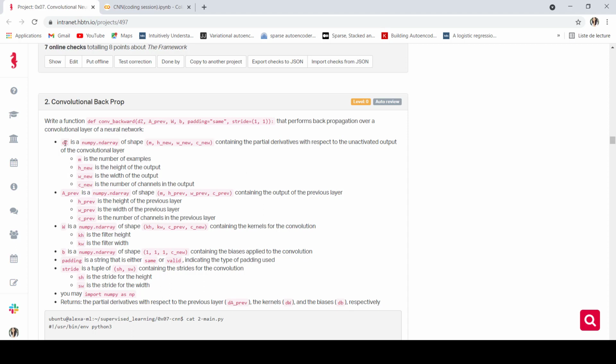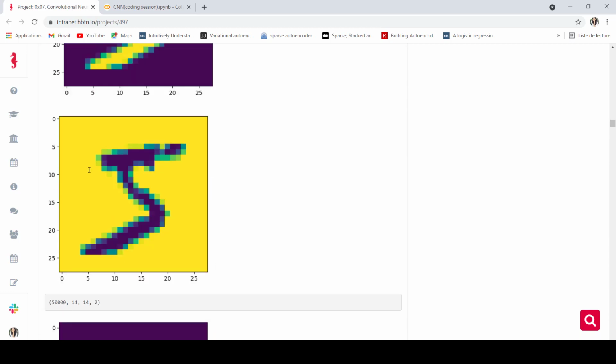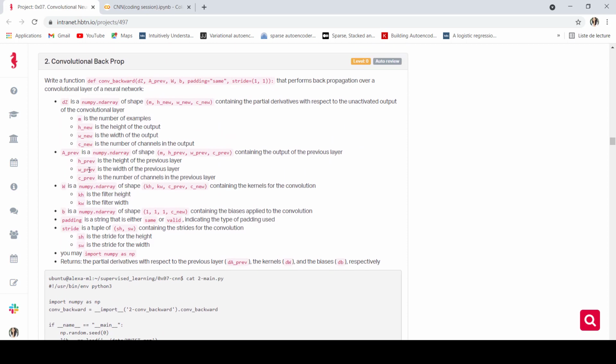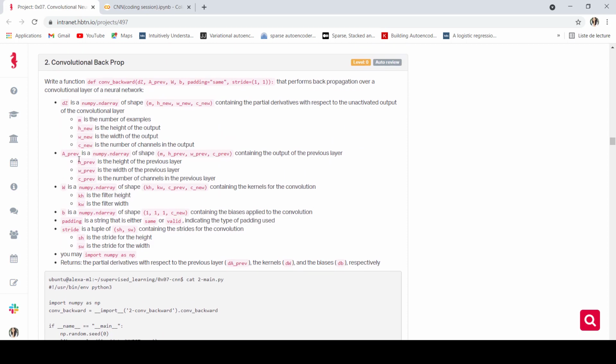The derivation of Z will have the same shape as my output. Each derivative will conserve the shape. For example, A prev is going to have this shape, so dA prev will have the same shape.